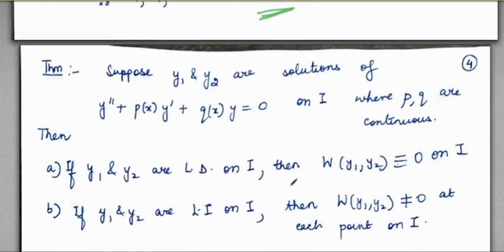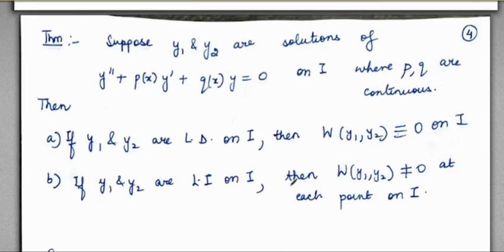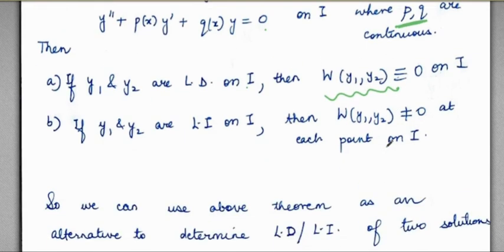Now there is a theorem which relates to Wronskian and linear dependence or independence of solutions of a given differential equation. Suppose there is a differential equation which looks like y double dash, that means it's a linear homogeneous differential equation of second order with continuous coefficients. So whenever you have this special type of equation, then there's a theorem which helps you to decide linear dependence or independence without going into the definition of dependence or independence. It says that suppose they are solutions, the solutions will be linearly dependent if and only if their Wronskian is 0, which is very obvious.